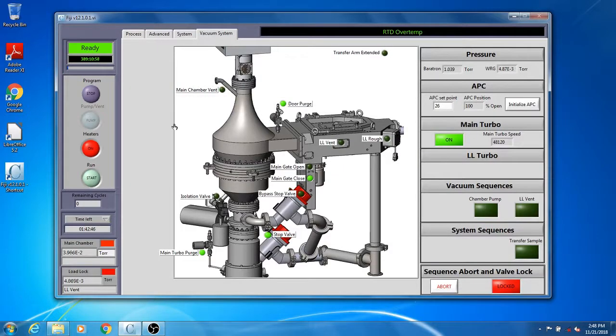To open the isolation valve, click the Isolation Valve tab. Now, please observe the computer screen carefully. To open the gas flow, click on the isolation valve, which will turn green.